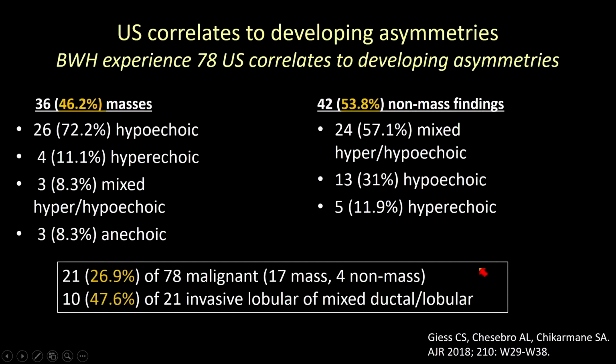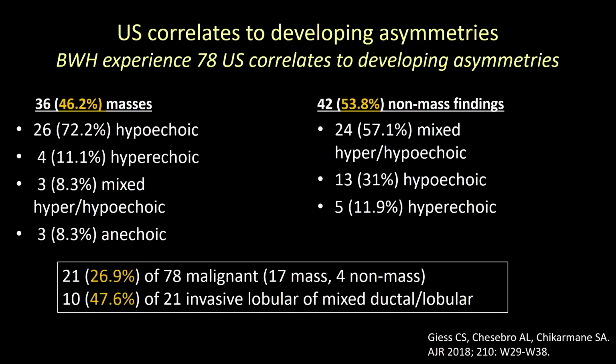We drilled down on a subgroup. We looked at the 78 developing asymmetries that had an ultrasound correlate, and we looked at what the correlate was. And what was interesting is that a little over half were what we termed non-mass findings. And that's not in the BI-RADS lexicon, but that term is coming into more use in the radiology literature, particularly in the Japanese and Korean literature. They do a lot of breast ultrasound, and they're using that term similar to what we use for MRI, to describe a discrete area on ultrasound that does not form a mass, but truly matches a developing asymmetry